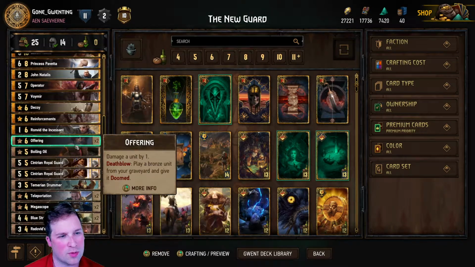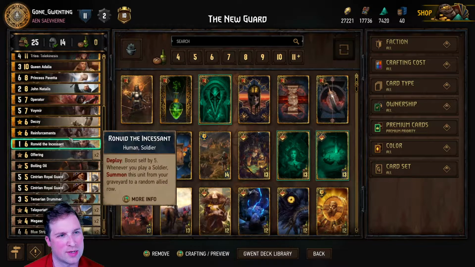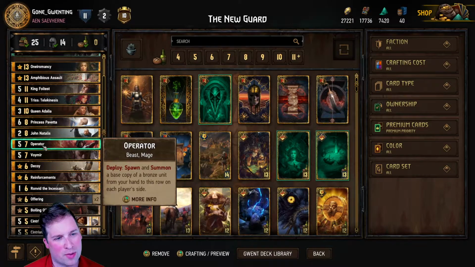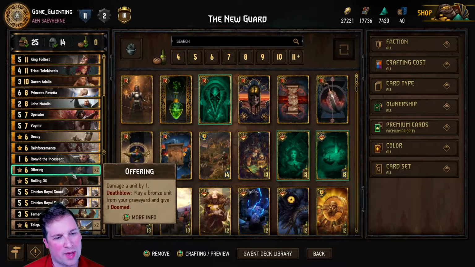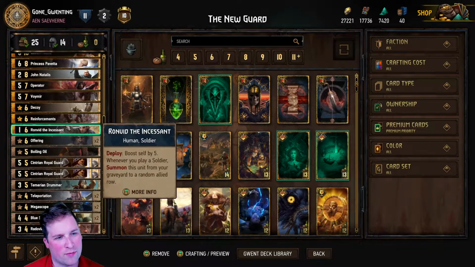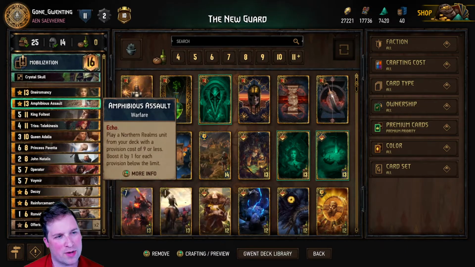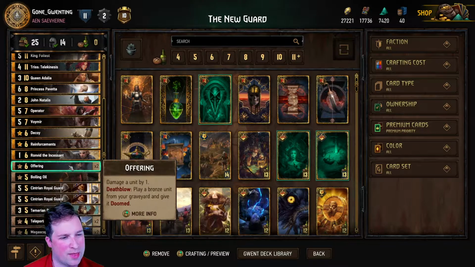So here instead we're going for Ronvid offering to replay from prior rounds, using a Dahlia as well for an extra play, Operator for another one, then Decoy to play one back out, and then something from our deck, Reinforcements to get another copy, Blue Stripes create copies at the bottom of our deck that we grab with Oniro and Amphibious, and then